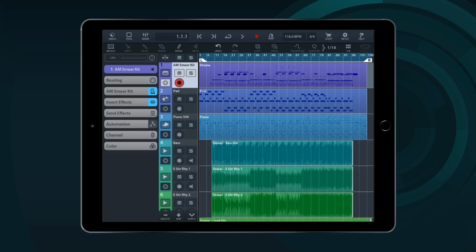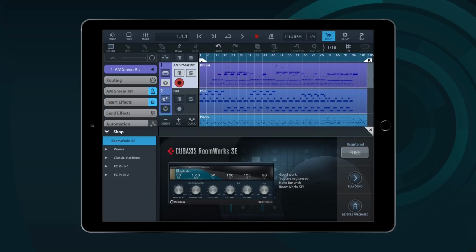Now, I'm not gonna even try and hold back, because the biggest news for Cubasis 2.3 is, of course, that we now have Waves plugins inside of Cubasis on your iPad. Yes, you heard right, it's Waves. And it's exclusive to Cubasis. Waves is celebrating their 25th anniversary, and we're very happy to be able to have this great collaboration with them to bring you some of their excellent effect processors right into Cubasis.